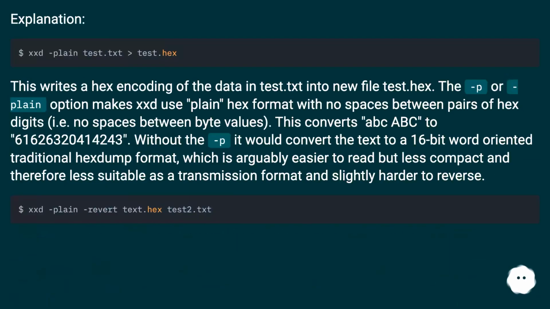Explanation. This writes a hex encoding of the data in test.txt into a new file, test.hex. The -p or -plain option makes xxd use plain hex format with no spaces between pairs of hex digits, i.e. no spaces between byte values. This converts ABC to